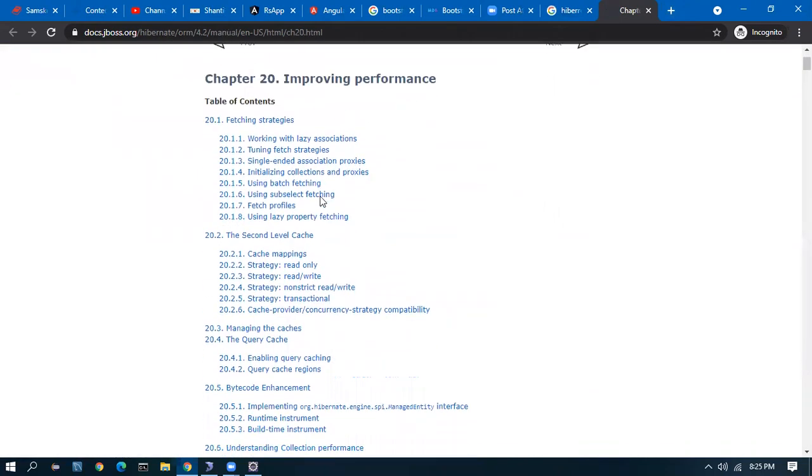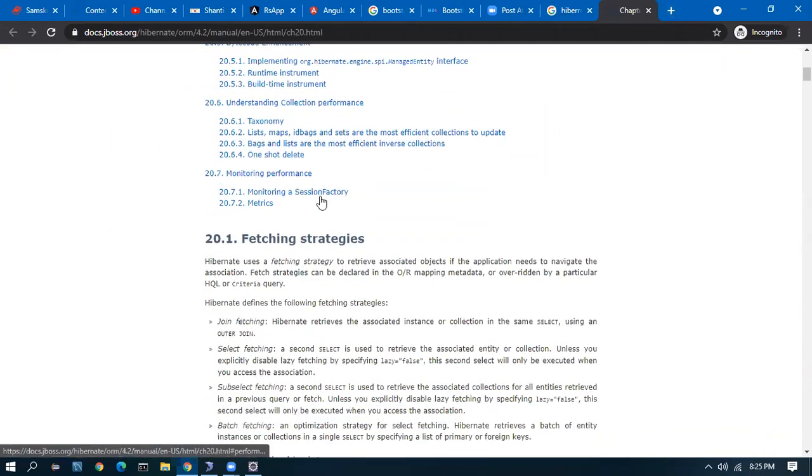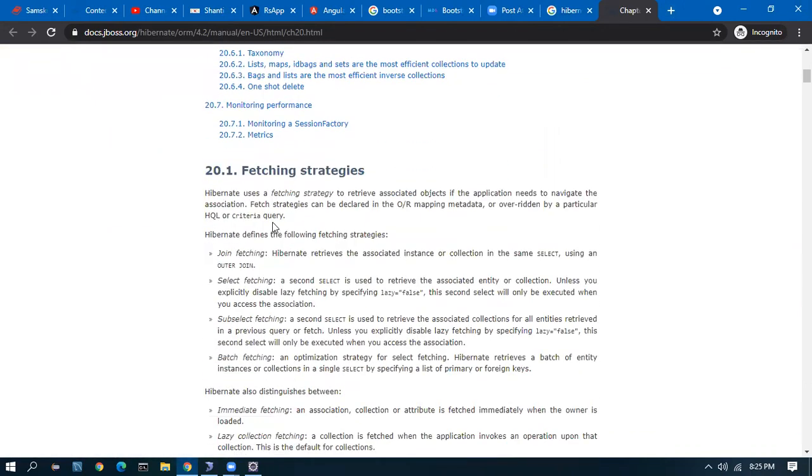Okay, so we will see here fetching strategies. Hibernate uses a fetching strategy to retrieve the associated object if the application needs to navigate the association. First is join fetching, which is the same as the joins we read last week, like inner join and outer join. Next is select fetching, which is specified by lazy false.